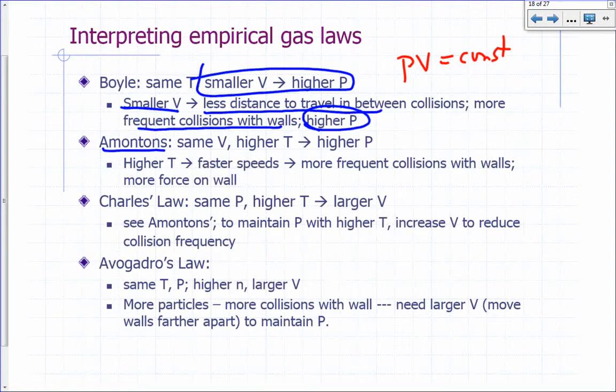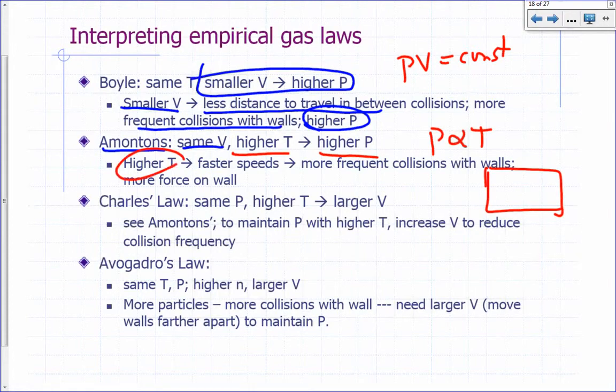Hamilton's law. Hamilton's law says that for a given volume, pressure is directly proportional to temperature. The higher the temperature, the higher the pressure. How do we explain that? Well, if you look at a fixed volume, if you have higher temperature, you're going to have faster speed, okay? Faster speed then would mean more frequent collisions with the walls, and because the acceleration will also be larger